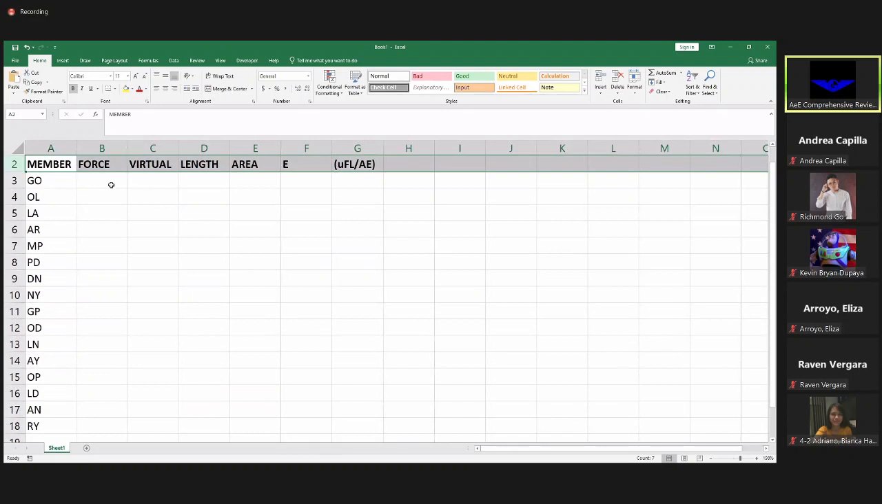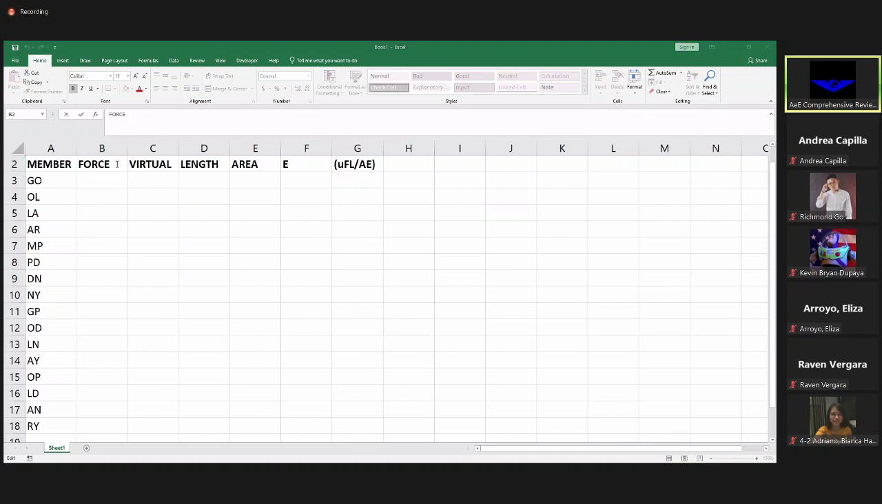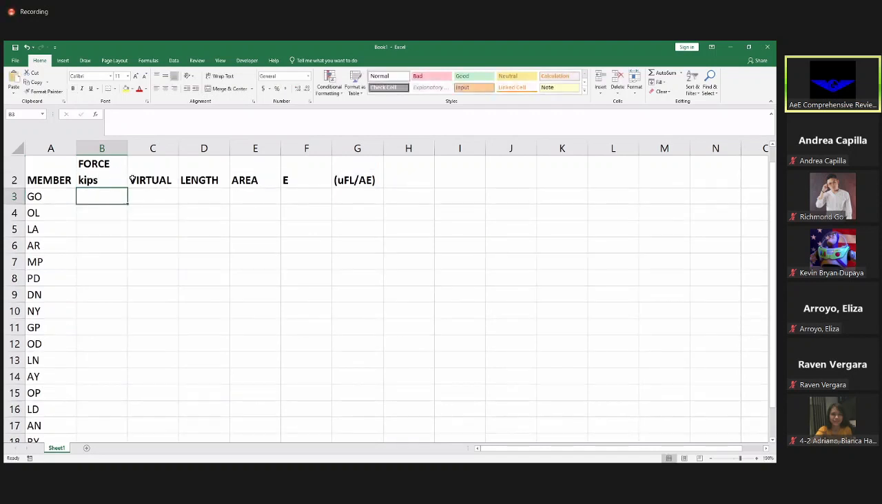So pag gumawa kayo ng graph, yung force in terms of kips, yun yung ilalagay natin dito. Mag-extend lang tayo. Okay, in terms of kips, hahanapin natin yung member na yon. So ang sinabi nyo sa akin dito, OL is 3.6, yung GO, yung OL is -2, yung LA, -2/3, yung AR, 0,